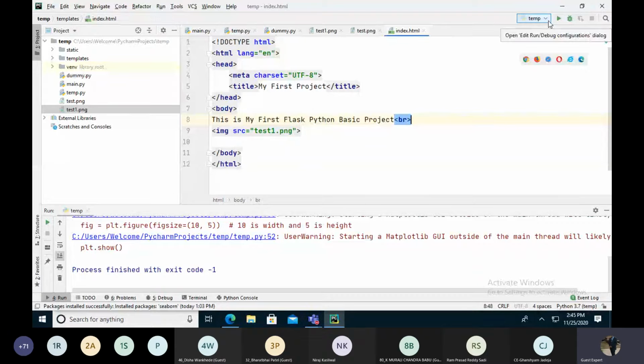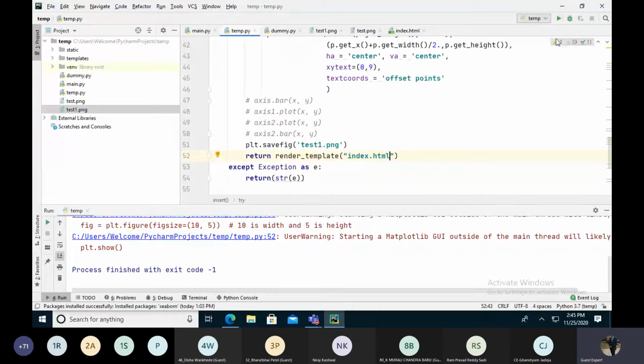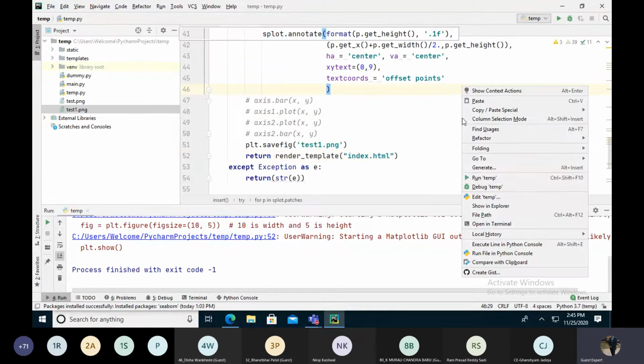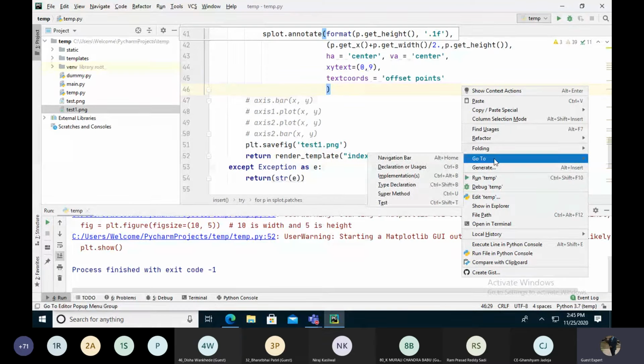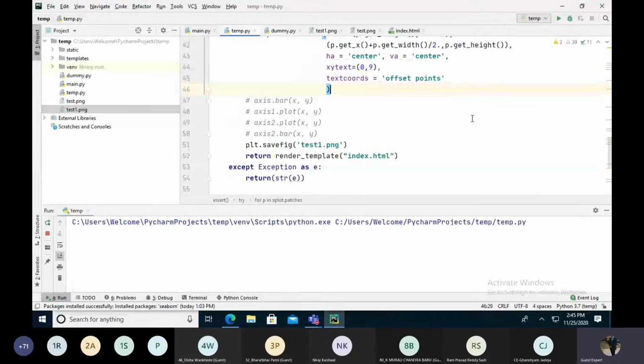You can see that it says temp here. It's our temp file already in there. If I'm on the HTML page, then it will open the HTML context menu. Now we run it from here. Yes. Static folder.